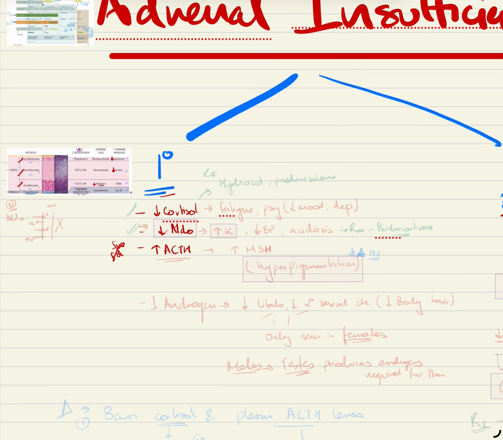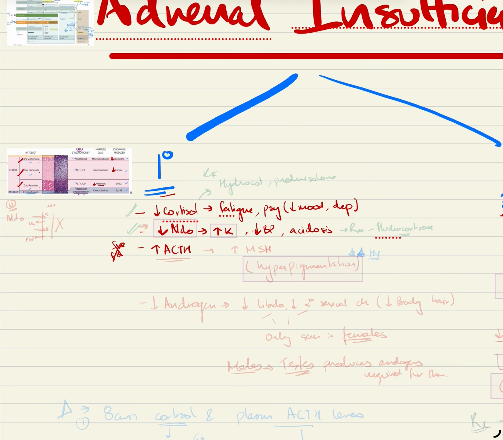Okay, now when your cortisol is decreased, you get complaints like fatigue, and psychiatric manifestations like decreased mood or depression. All right, and aldosterone, when aldosterone is low, you get increased potassium and decreased blood pressure, and acidosis, because you